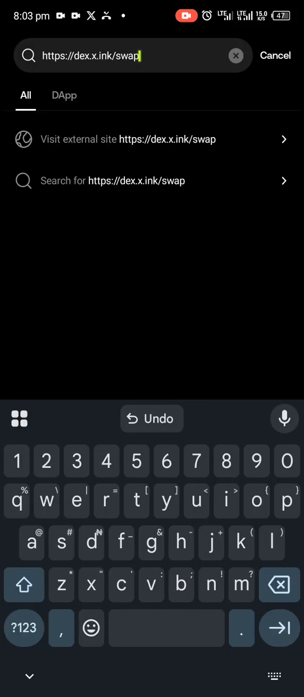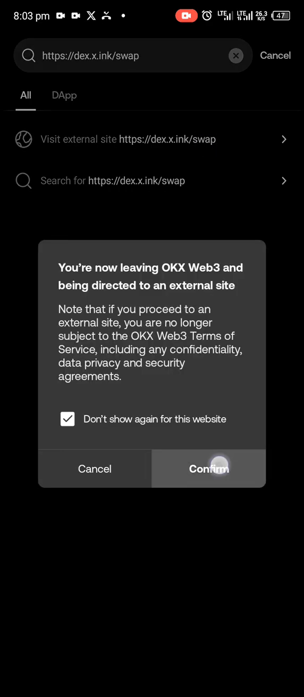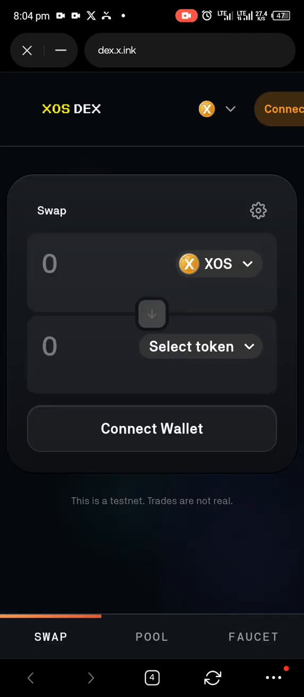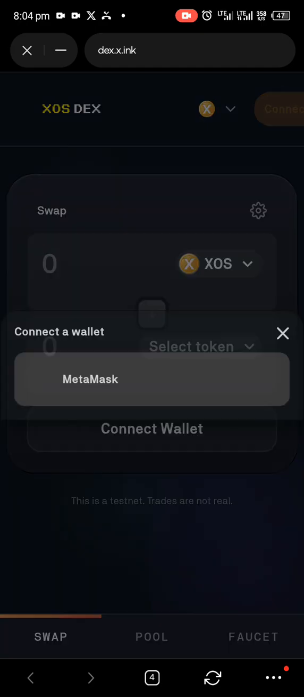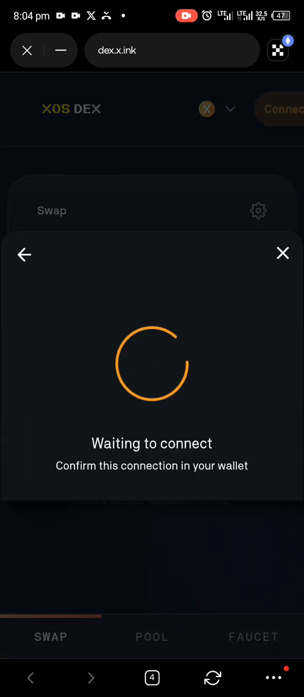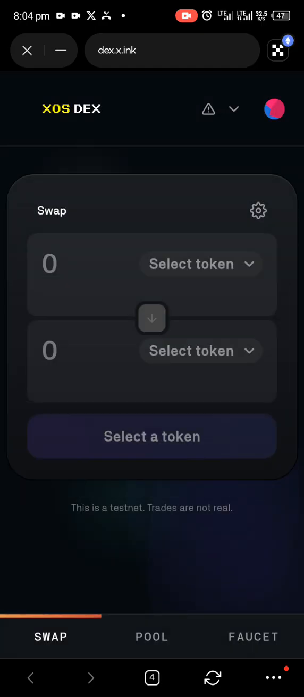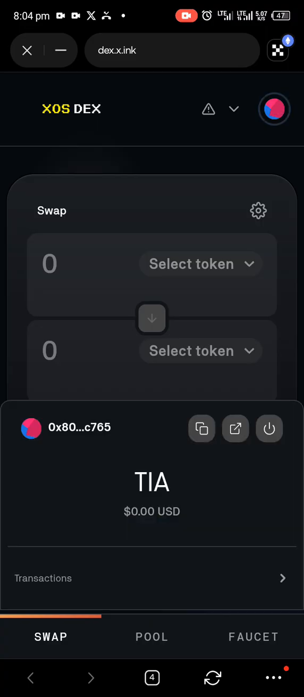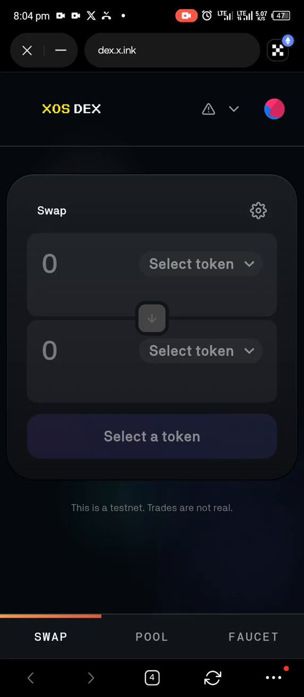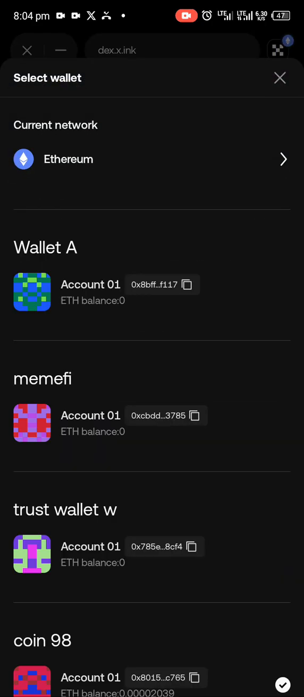All right, now let's give it a bit of time. So yeah, we're in the site. I'm just gonna go to connect my wallet. Okay, let's click on connect. It's gonna connect your wallet automatically. All right, so I'm connected. So I want to go click on this. Yeah, so I'm going to select a token,